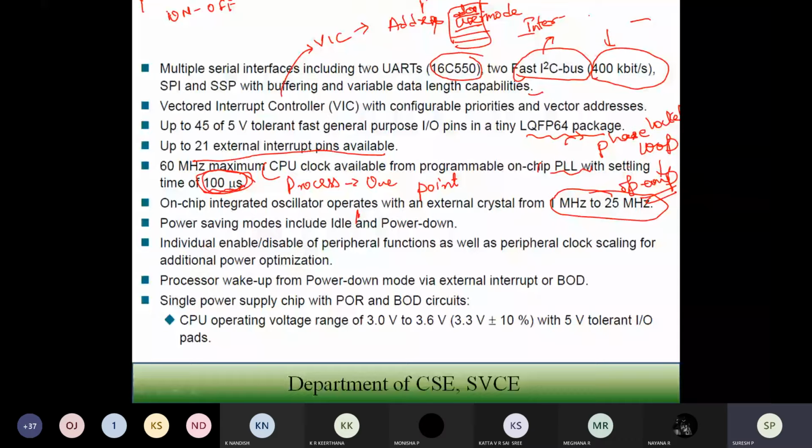For example, in your mobile devices, the mobile gets heated up when it is transmitting and receiving. If it is transmitting and receiving, what is happening there? Processing is happening there. If processing is happening, obviously your system gets heated up. That is why whenever you switch on your internet in mobile devices, your device will get heated up quickly.